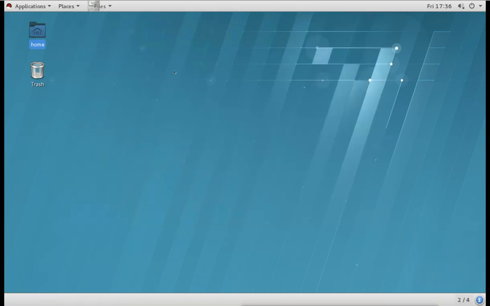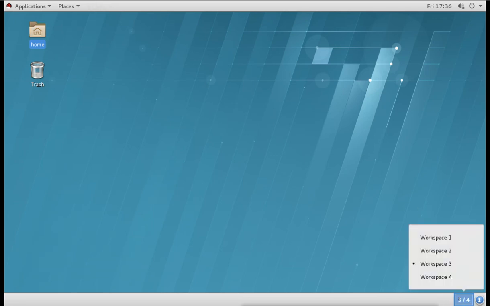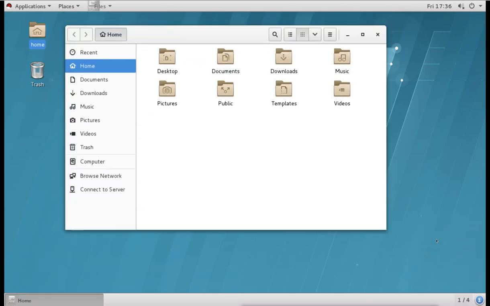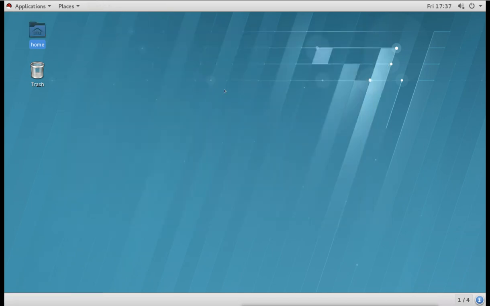Now that window which I opened is not closed. It is actually on the other workspace or other virtual desktop, we can say. We can go to 3, we can run something on 4, and we can go back to our first one. It is actually a virtual desktop. Nowadays in Windows 10 they have introduced this feature as a virtual desktop. So if we have some applications running on one desktop and we want to run some more, we can go to another desktop or workspace, and in that workspace we can run some other applications.